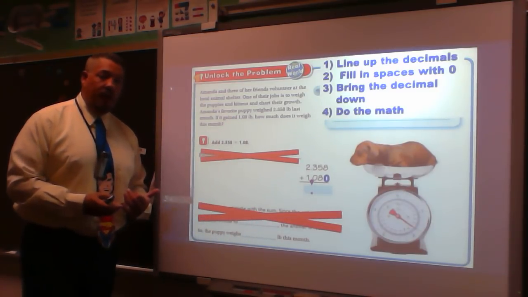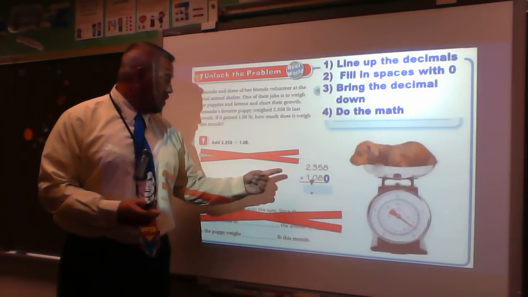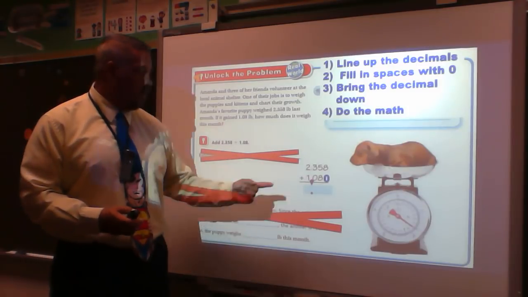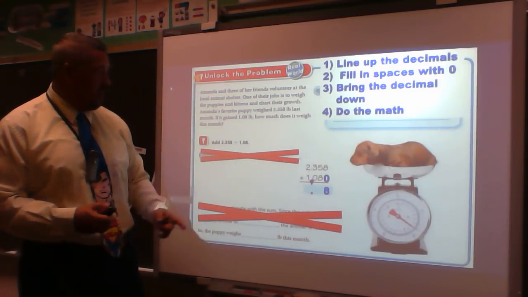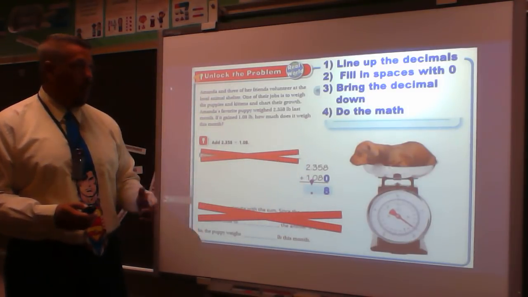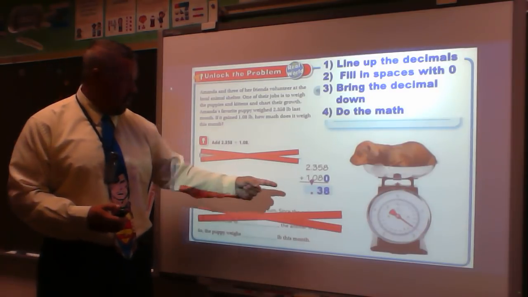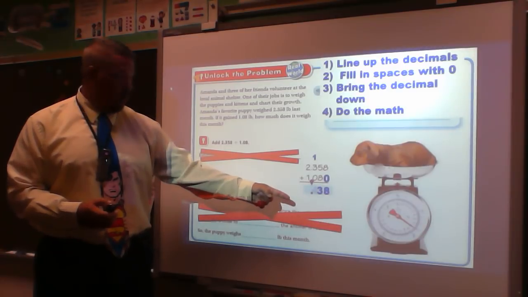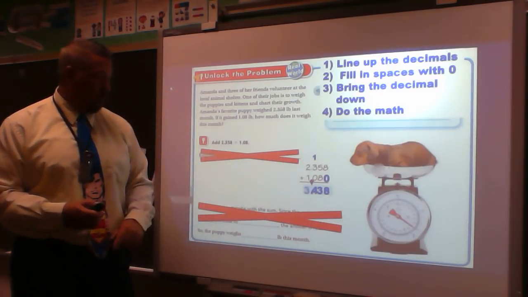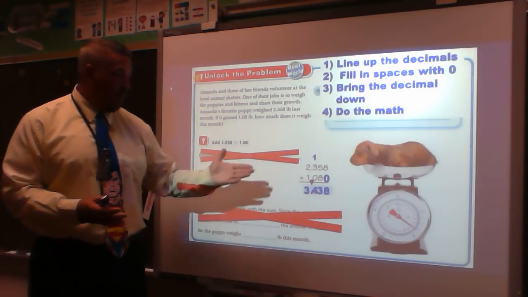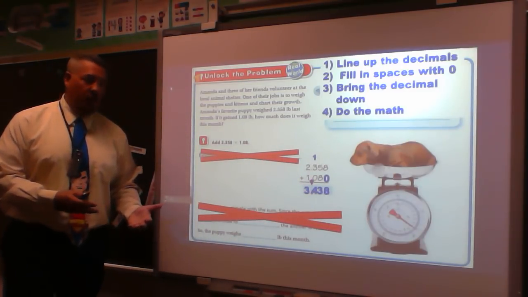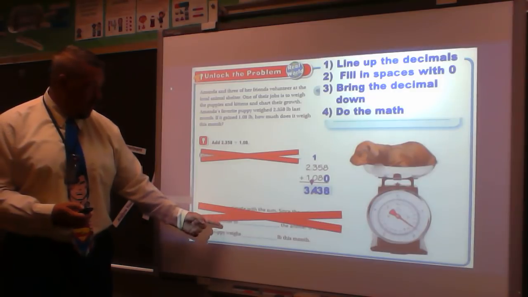I always go and I look at the sign on what I'm doing. This is addition, so I know I'm going to add, so I just add, straightforward. 8 plus 0 is 8. 5 plus 8, well, that would be 13, so I have a 3 and I carry my 1. 3 plus 1 is 4, and then 2 plus 1 is 3. So everything is lined up. I add my math correctly, so I know that has to be my final answer. So the puppy weighs